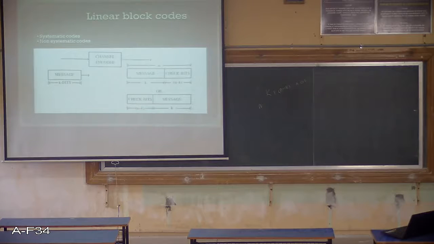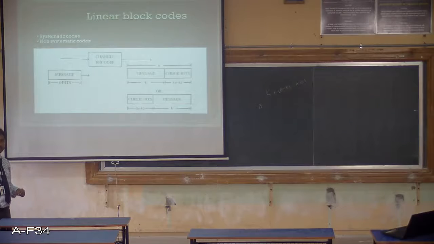The channel encoder accepts some information from the preceding stage. At the output it gives a sequence to which additional bits have been added, which we call check bits. How many bits? That is n minus k check bits. This is how we can generate an LBC. The k bits plus n minus k check bits are added to form the n-bit code words. That is what is represented here. At the left hand side you have only k bits. At the right hand side there will be a message of k bits plus n minus k check bits.